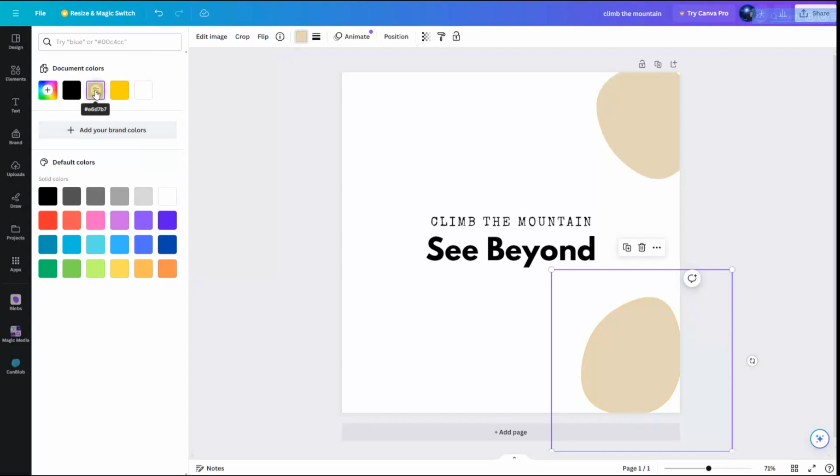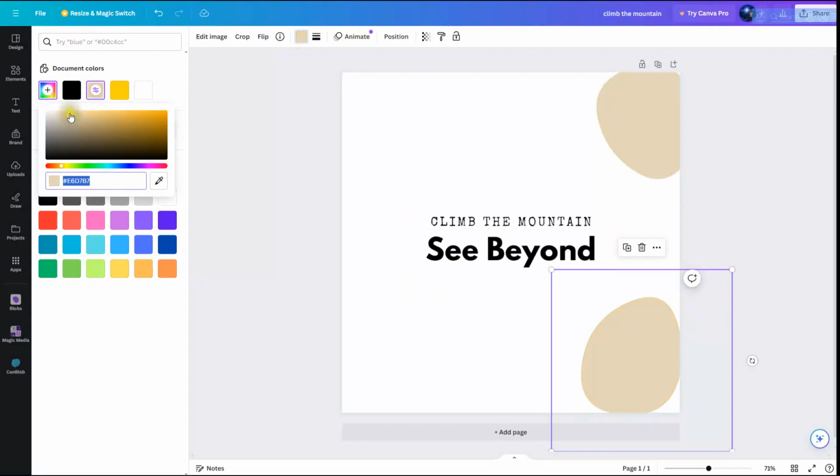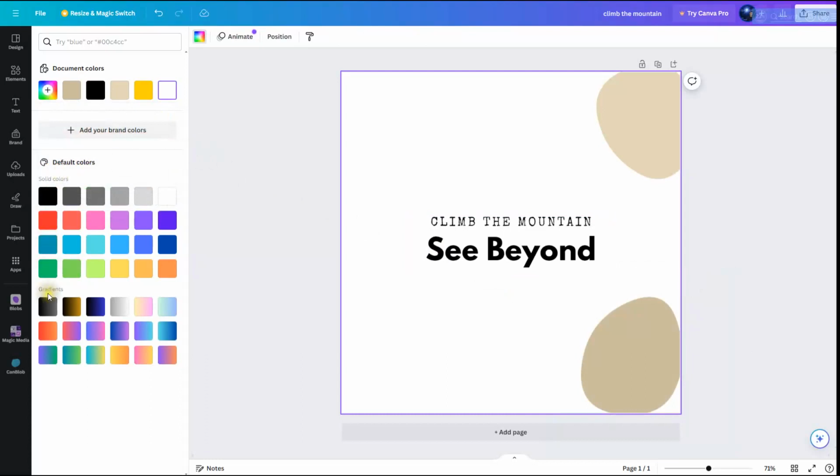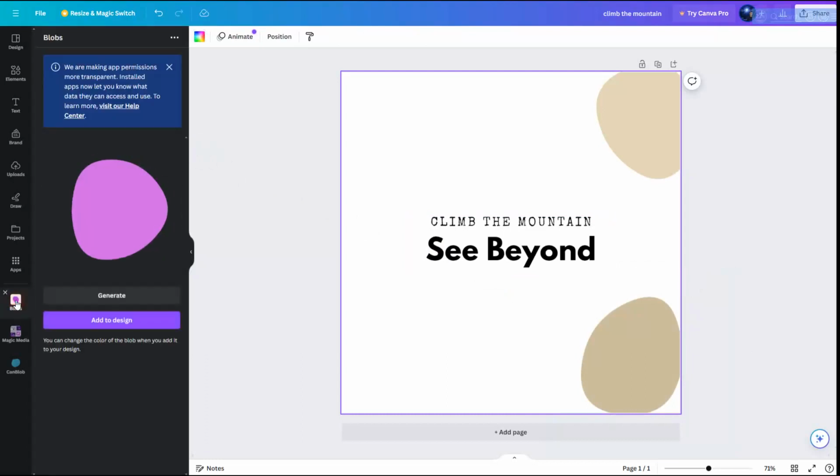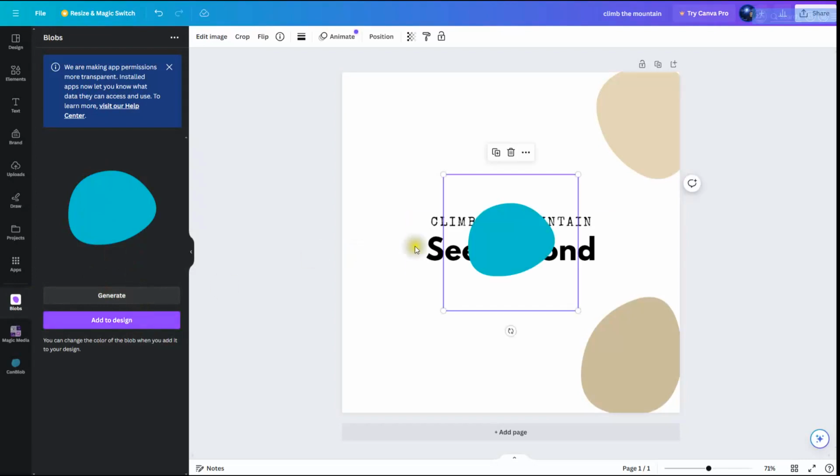Maybe I want that one to be very similar to the first one, but maybe just a little bit darker. I'm going to bring it down. There we go. Now I'm going to click on blobs again here and generate another shape. Okay, let's say I like that one.